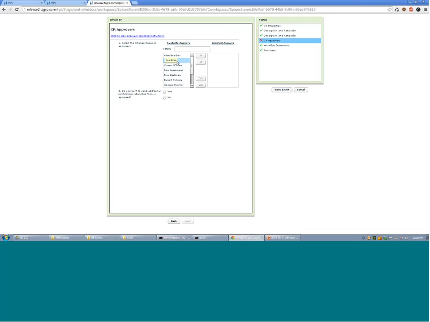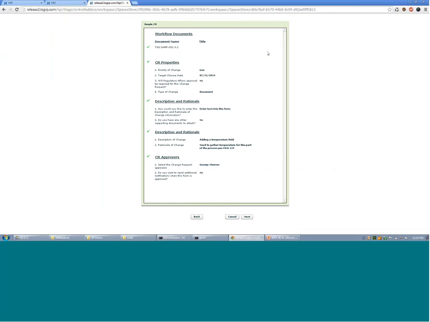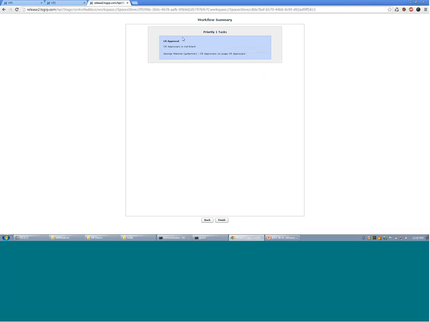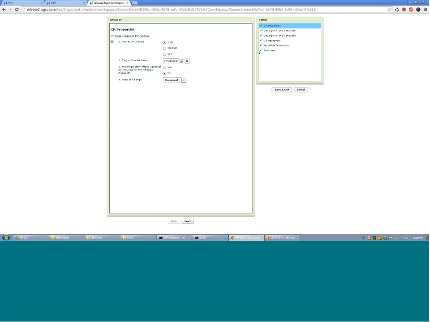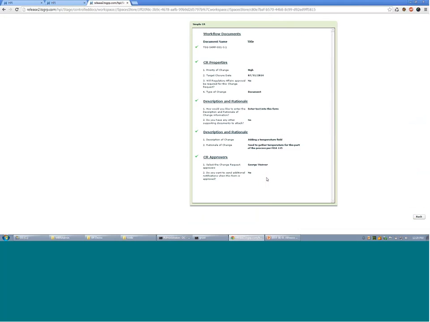I'm then able to pick my approvers, who is in charge of approving this document, and verify my information and start this on an approval route. We'll see I'm given a dynamic summary of who the approvers are, and depending on how complex the approval process is, there may be multiple steps. The wizard is very configurable in that I can go back and add more approvers, or if I say that this is a high priority change instead of a low priority change,